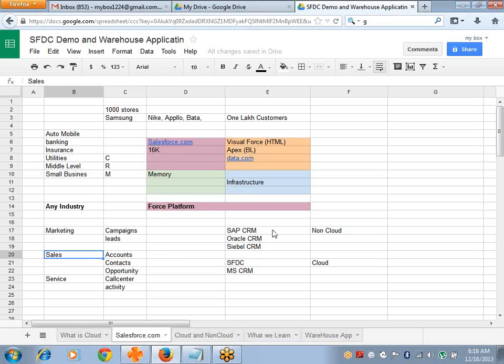But there are a number of CRM softwares. We have SAP CRM, Oracle CRM, and Siebel. All these CRM softwares are non-cloud technologies. Non-cloud means I need to install the software and maintain the memory and servers. But what is this Force.com? Salesforce.com is an